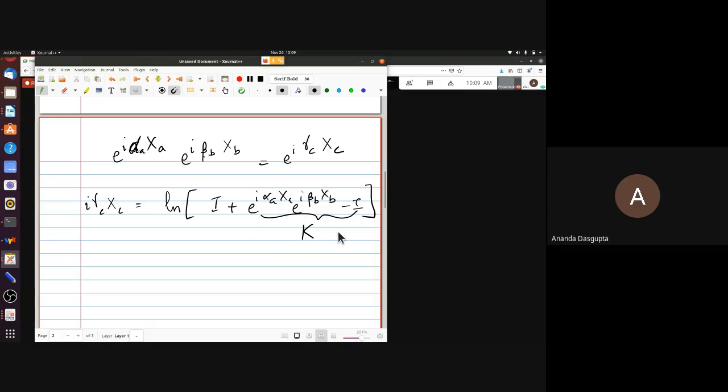Okay, so this is what we were trying to do. Write e to the i gamma c xc as log of identity plus k, where k is just this quantity, which really is the exponential of i gamma c xc minus the identity. What we want to do is basically check out this thing to the second order in the small quantities. If alpha and beta are small, then we are going to look at this up to second order. Up to first order, you don't get anything interesting. But if you go up to second order, it's going to be pretty interesting. So k, of course, is this quantity, which is